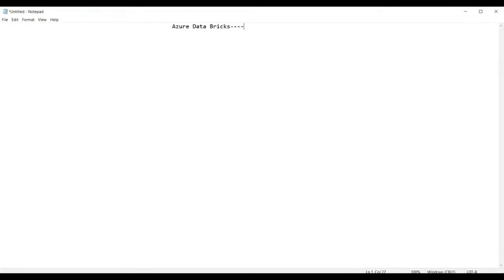Guys, Azure Databricks is nothing but a cloud-based service provided by Microsoft. It is a cloud-based service provided by Microsoft to perform the job of ETL.